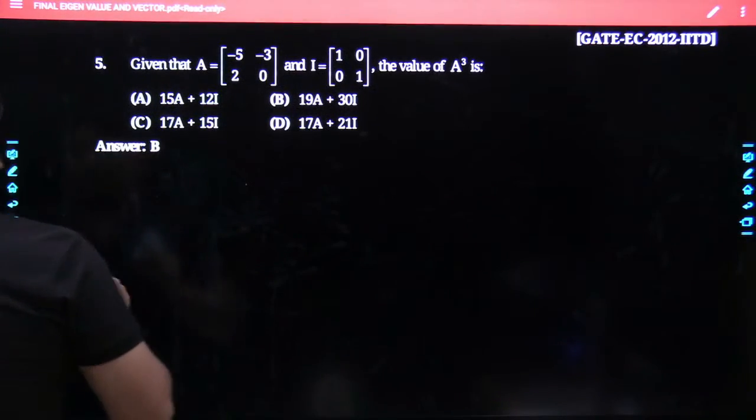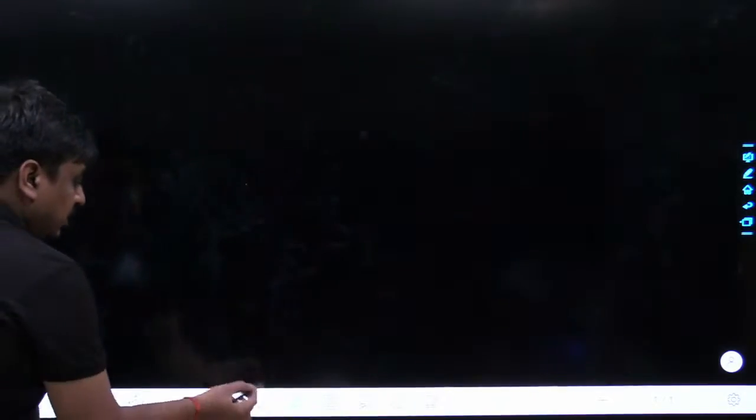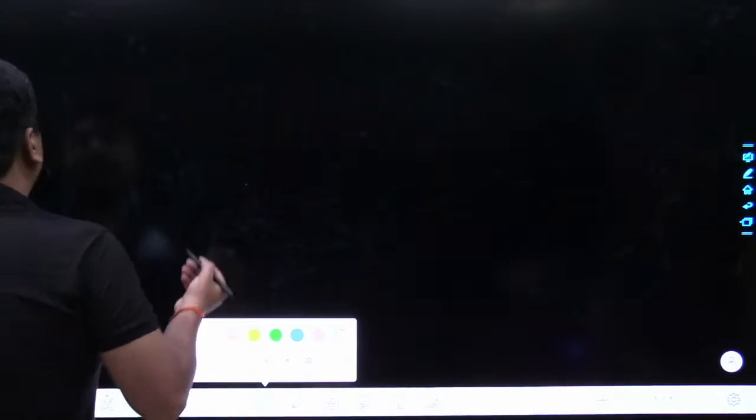Anyways, let me go to my working board and let me take a question. In yesterday's class, we were talking about the process of how to get the eigenvalues and eigenvectors for a certain square matrix. In yesterday's class, the matrix I chose was of order 2 cross 2, but deliberately I am taking a next level of question which has order 3 cross 3. So write it down. My question goes like this. Find the